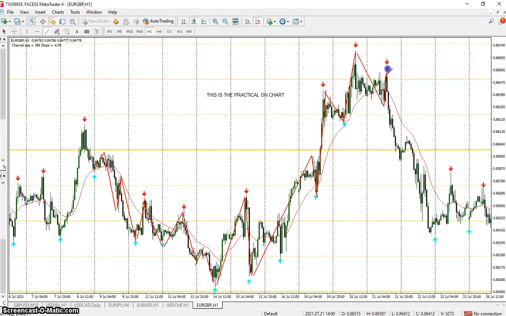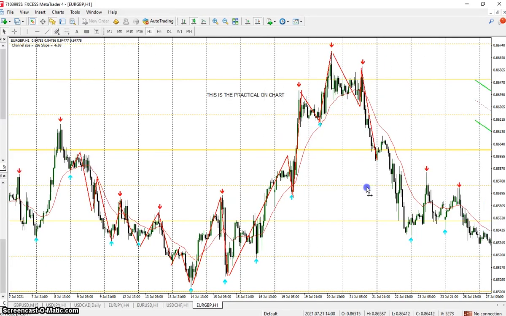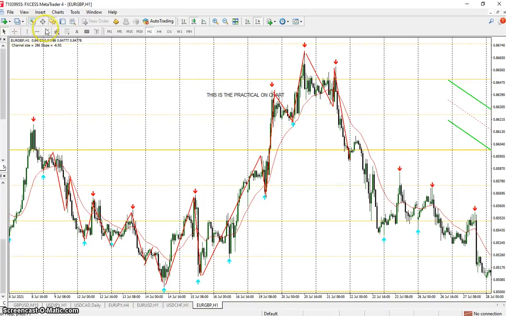Now the rule is in an uptrend, price must break this high. But it didn't break it, it just stopped here. So what does that tell you? Trend is changing. Price came, not only did it break this low, it came and broke this one straight down. Are you seeing it?